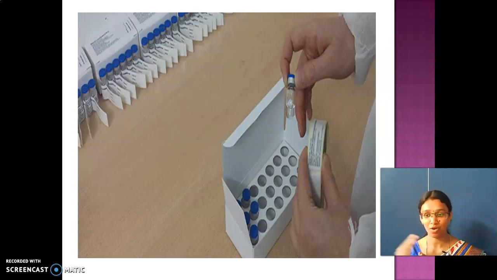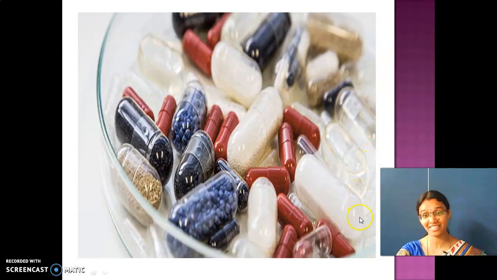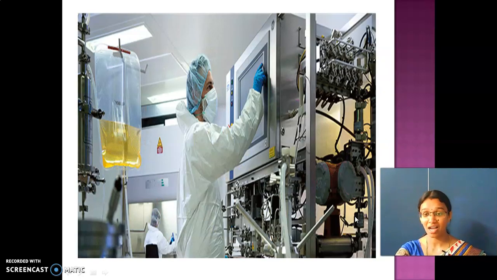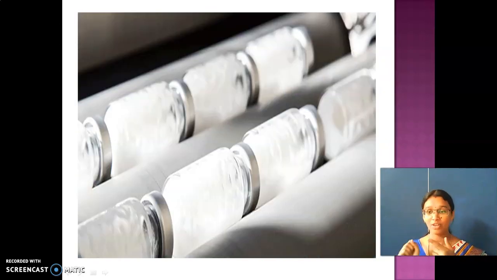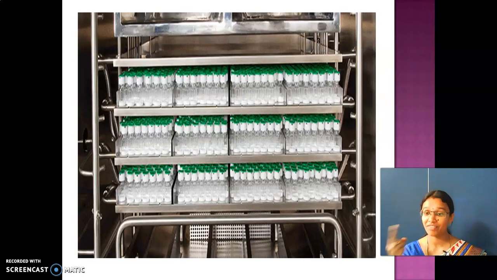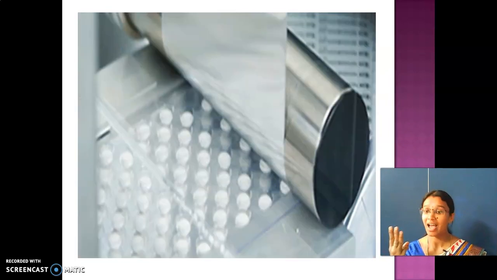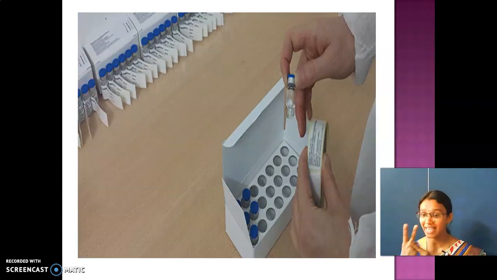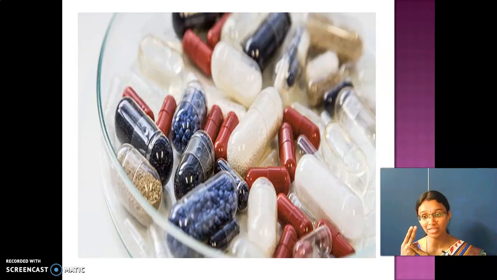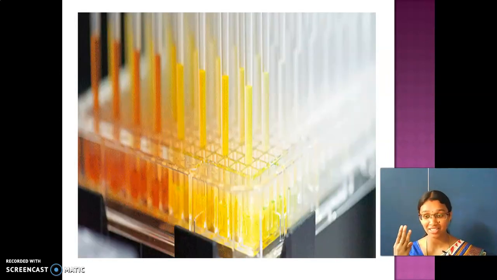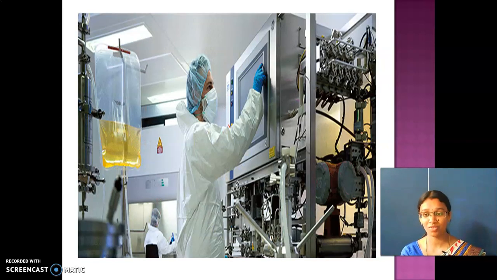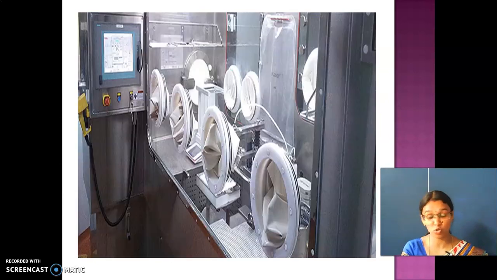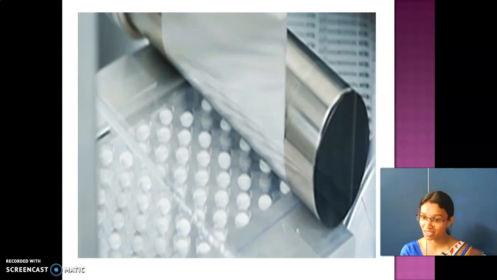Okay children. So up to this, today's session is over. The remaining we will continue in the next class. Up to now we have seen the definition of change, physical and chemical change, and 3 activities for chemical change. The first is burning of magnesium ribbon. The second is the reaction between copper sulfate and iron. And the third is passing gas through lime water. And we have also seen the importance of chemical change.